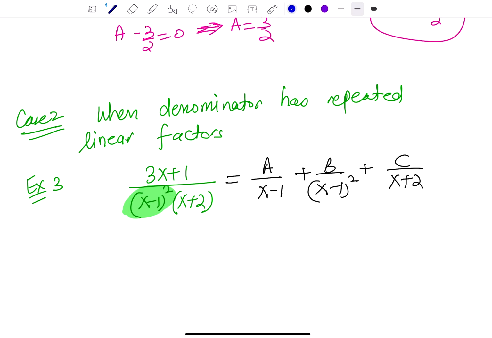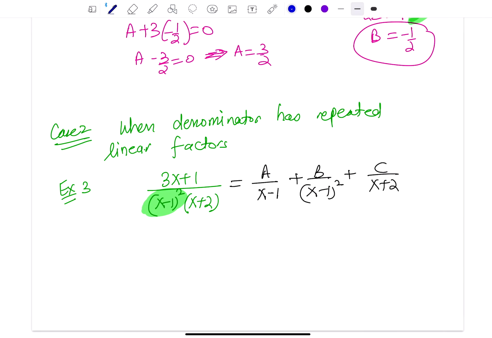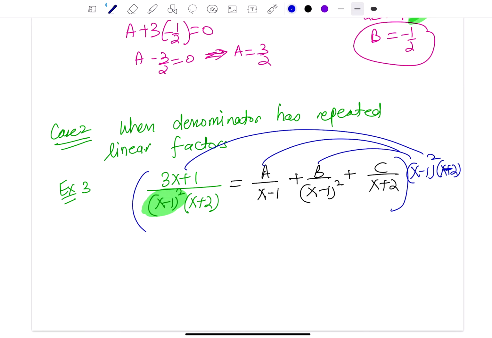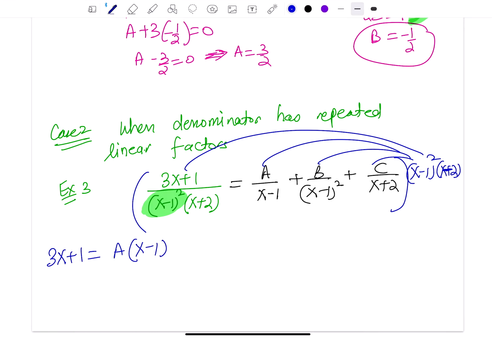Again, the rest of the process remains similar. We're going to multiply the entire equation, both sides, with the denominator, which is (x minus 1) squared times (x plus 2). So what we can do now is go ahead and distribute this denominator into every single fraction of this equation, and on the left hand side the entire denominator will cancel. A times x minus 1